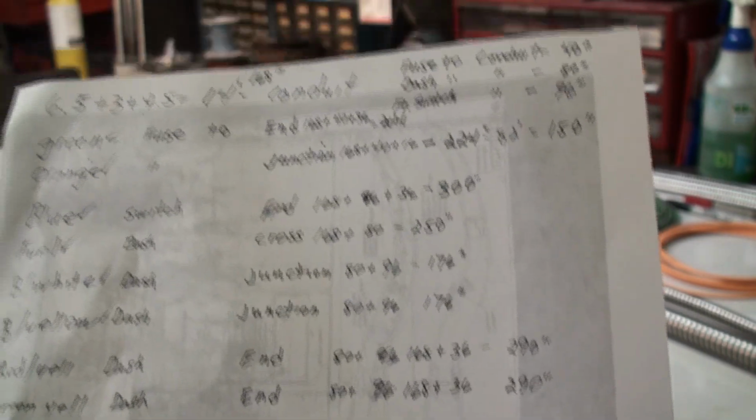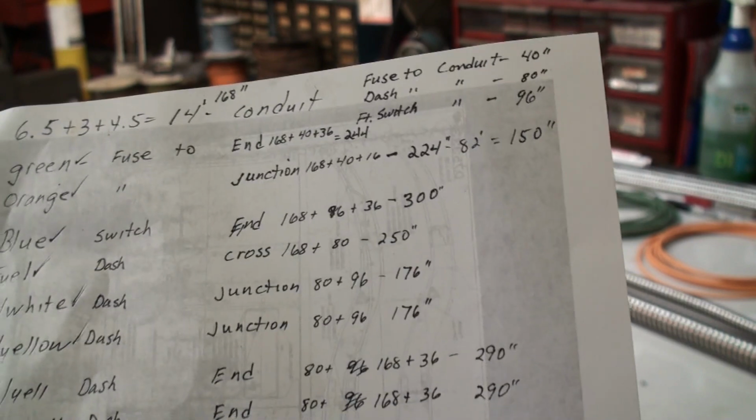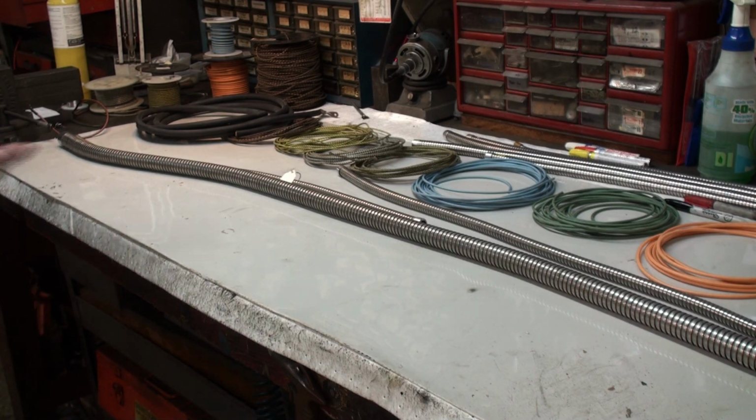Realizing that not all wires go to the fuse panel, and some of them don't go all the way out to the end. So then you measure those areas as well. So at this stage, it's just a matter of feeding the wire into the...